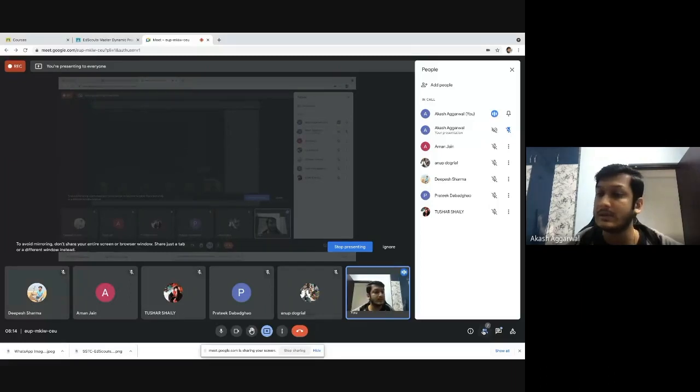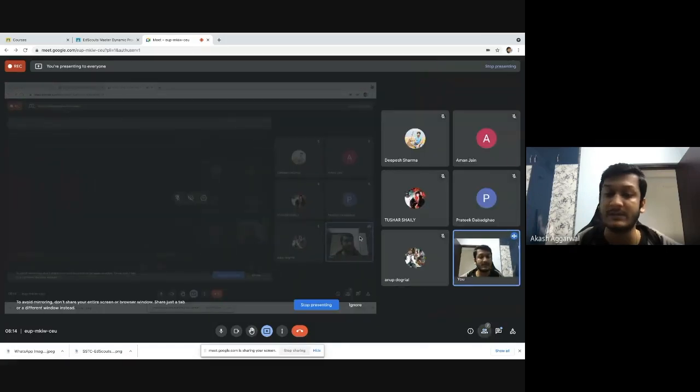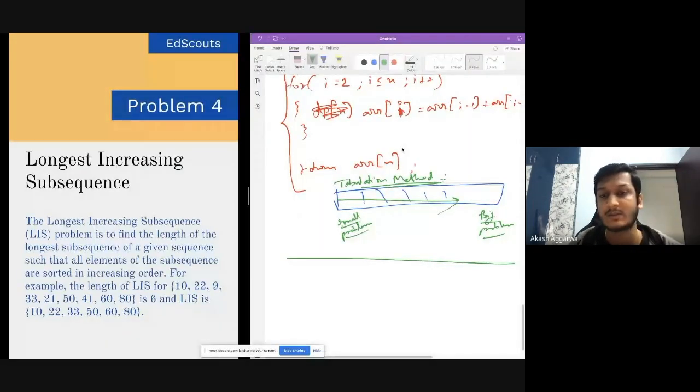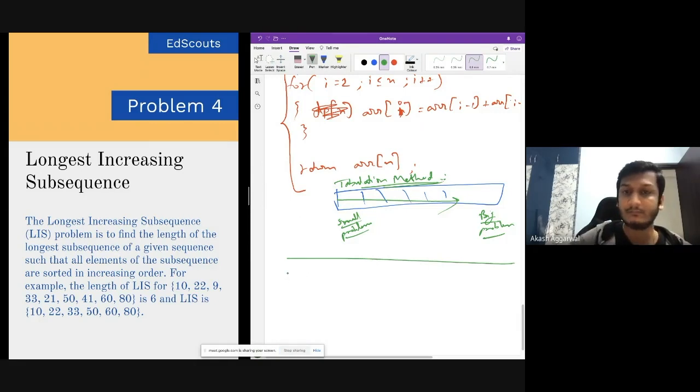Yeah, Anup, you can check, we were just discussing the basics of dynamic programming: in which problems and scenarios we apply dynamic programming, and what the different approaches are. Then we solved one problem and understood some scenarios from there, like how to prevent integer overflow and how to prevent time limit exceeded by using DP. So right now we are at the longest increasing subsequence. You can check out the recording later as you joined late.